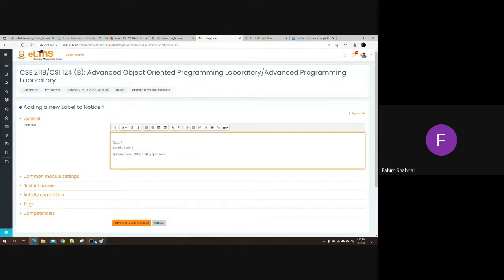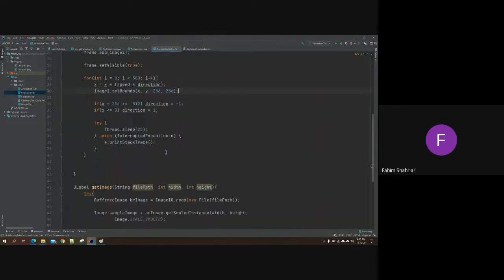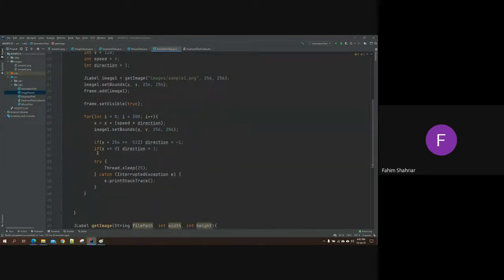ওকে, সো ইউ নিড টু প্র্যাকটিস দিস কোড। এই কোডগুলা দেখে বিভিন্নভাবে ইমেজ মুভ করানো প্র্যাকটিস করতে হবে। স্যার এমসিকিউ টাইপ থাকবে? এমসিকিউ থাকতে পারে, যে ধরো এই যে ইমেজ সেট বাউন্ড আছে, এটার প্রথম দুইটা প্যারামিটার কি মিন করে, বা আমি যদি প্রথম প্যারামিটার ভ্যালু চেঞ্জ করি কি চেঞ্জ হবে। খুব বেশি ডিপে যাওয়া লাগবে না, কিন্তু অ্যানিমেশনের জন্য যে জিনিসগুলো লাগে, যেমন থ্রেড ডট স্লিপ কি করে, সেগুলো ভালো করে দেখতে হবে।